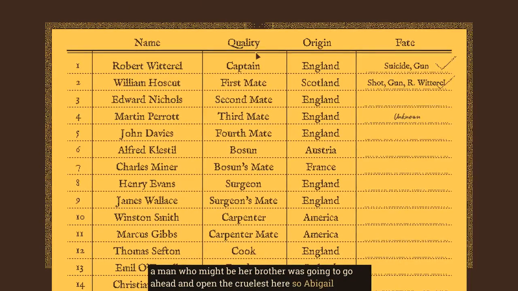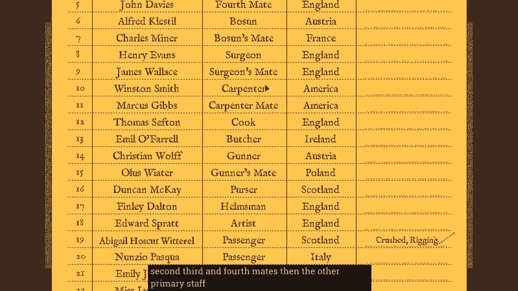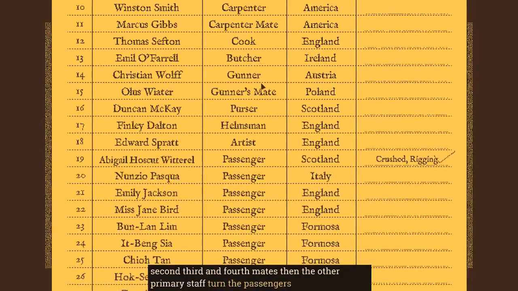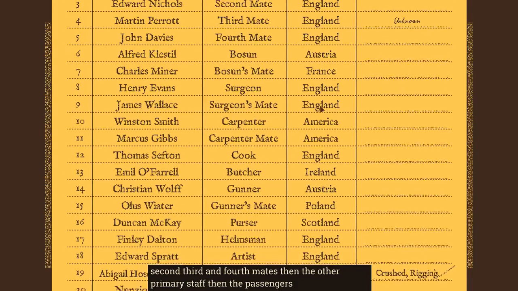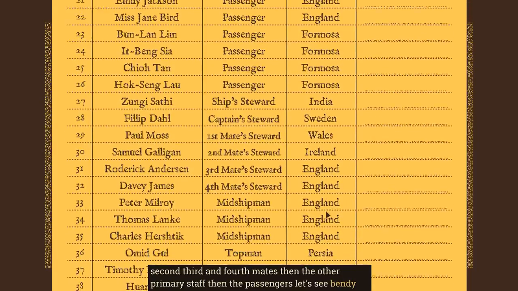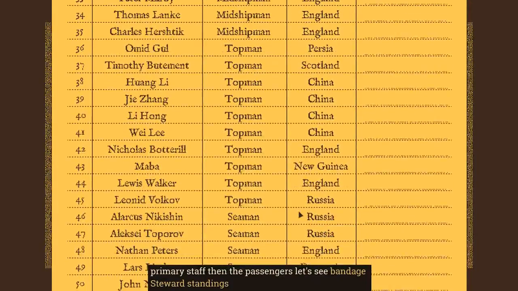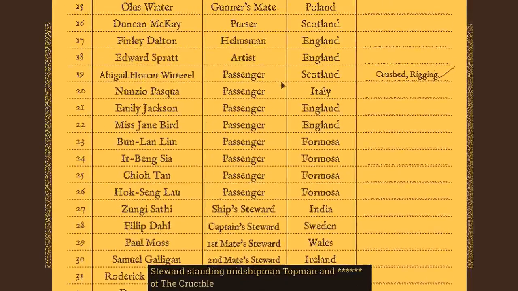So all of the passengers and crew here are listed by their rank. The captain is first, then the first, second, third, and fourth mates, then the other primary staff, then the passengers, then the stewards, then the midshipmen, topmen, and seamen of the crew. So among the passengers,